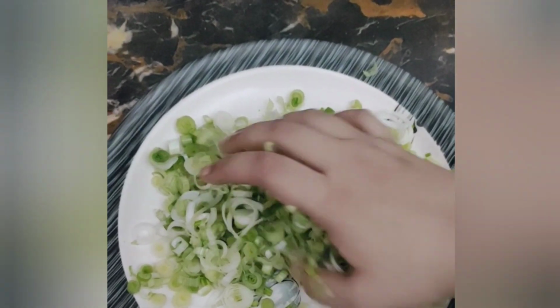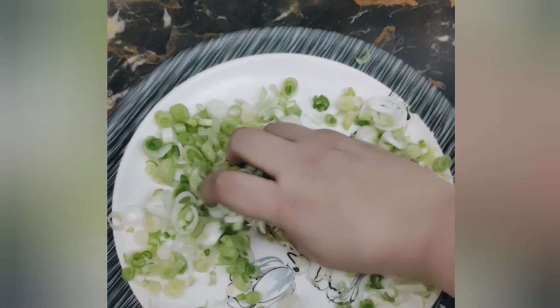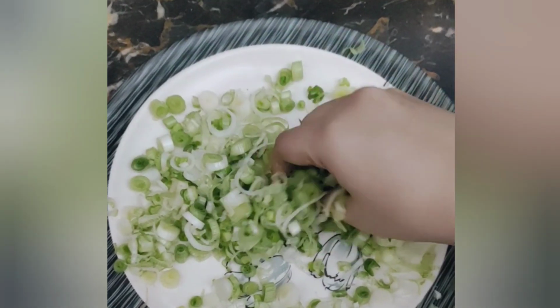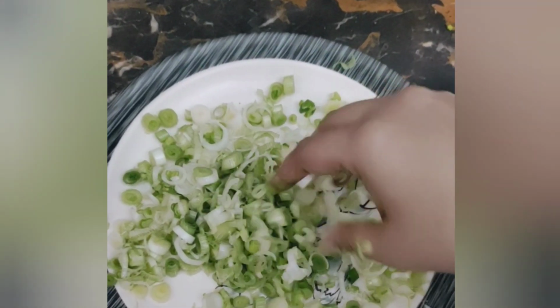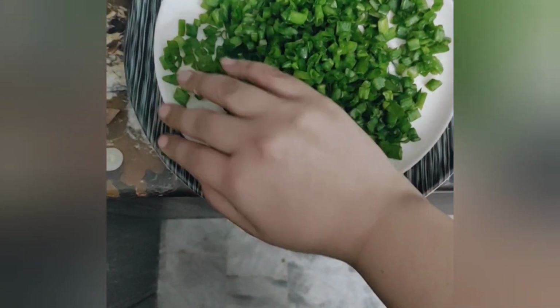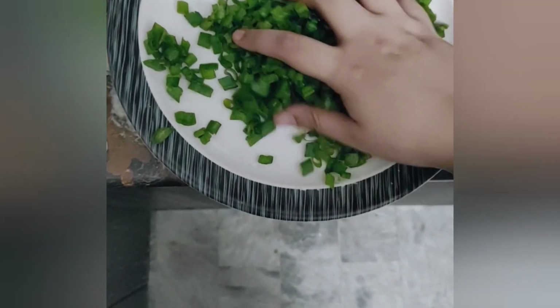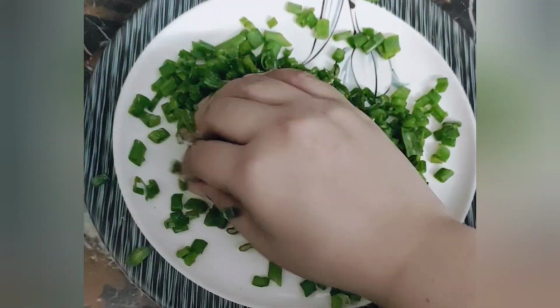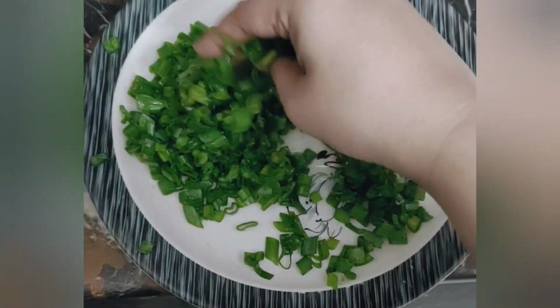As you can see, I have applied oil all over and mixing. We will do this step with the green part as well. See this. I'm going to apply oil. You all have to remember to wash them thoroughly and dry them, and then apply oil and keep them separately